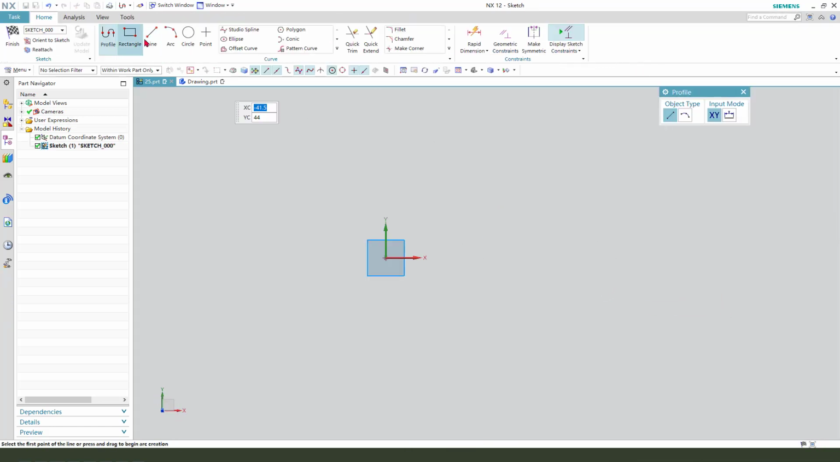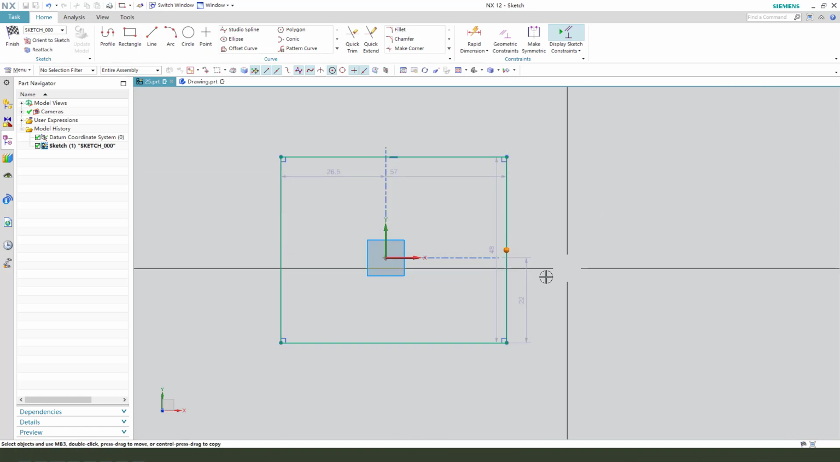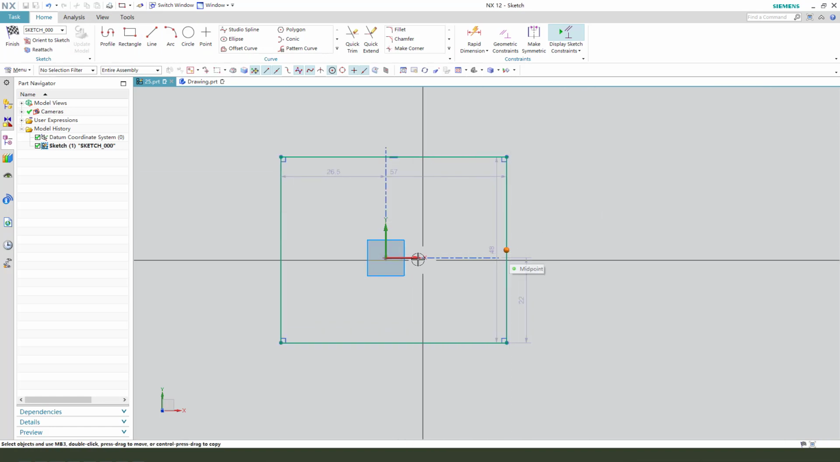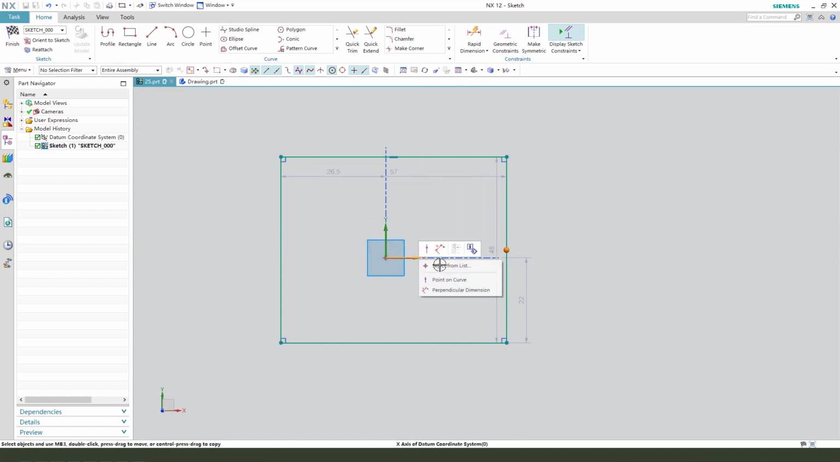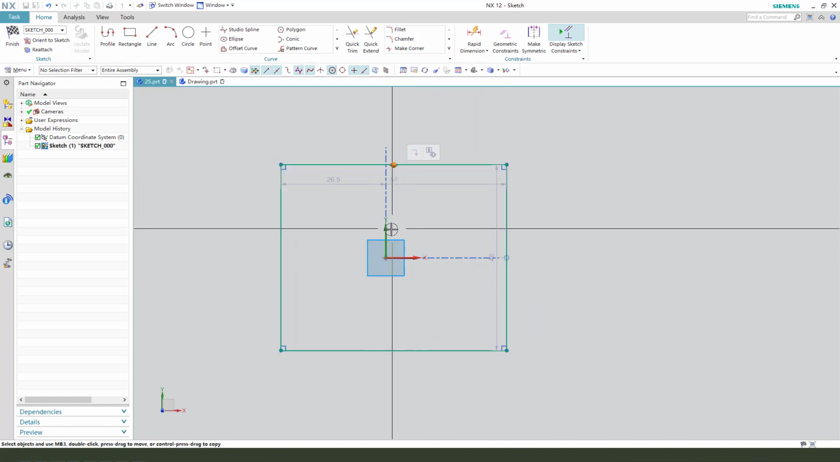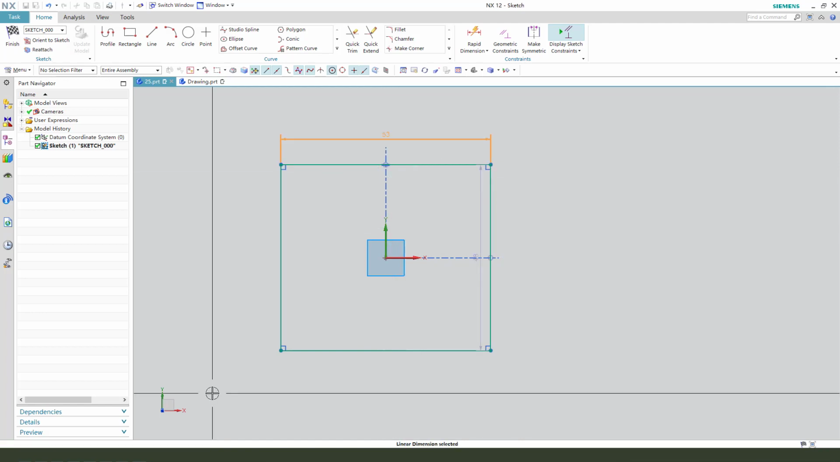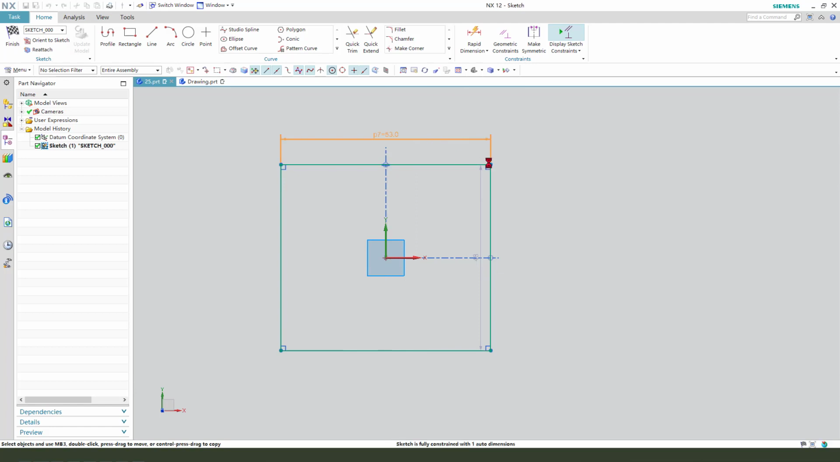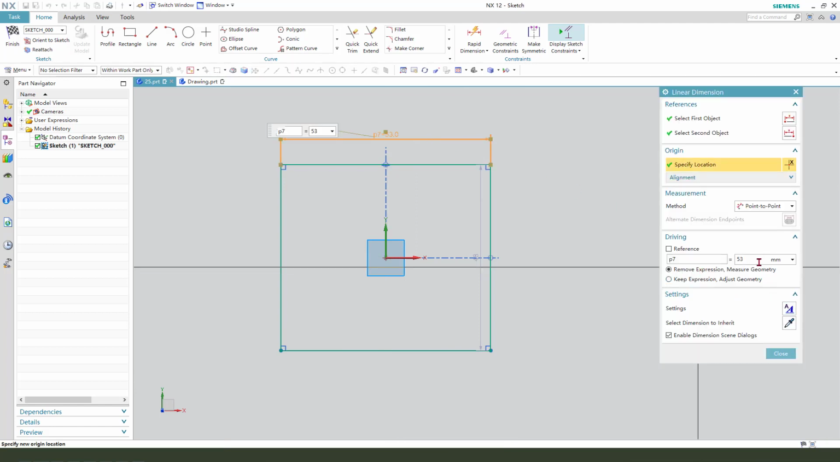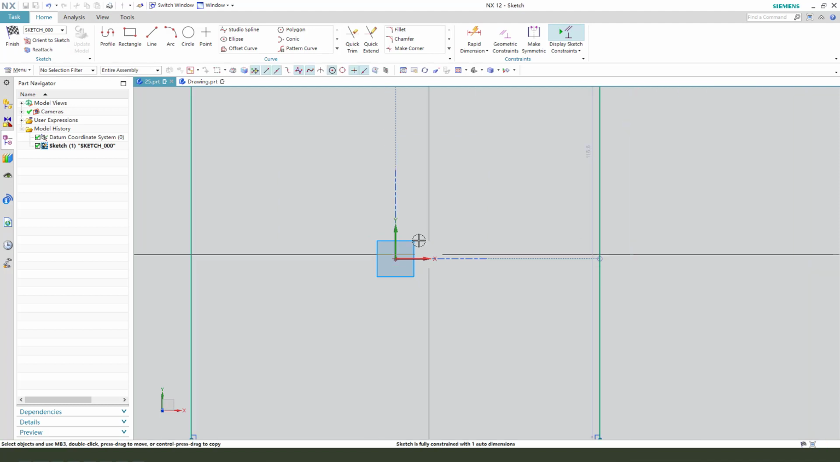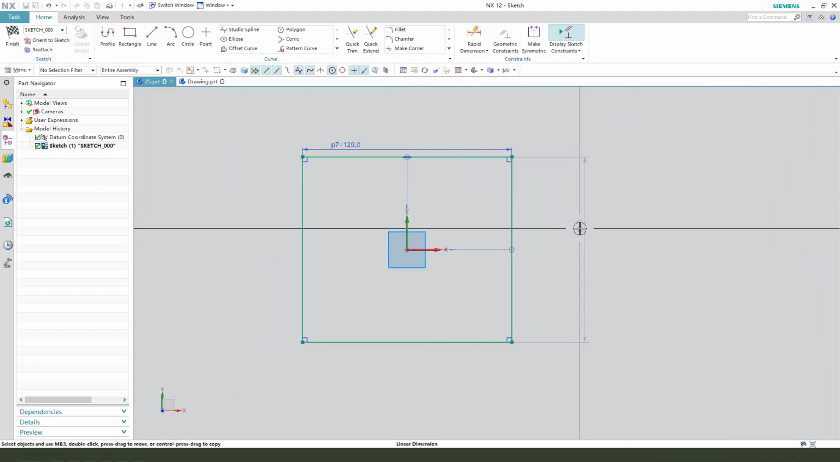We need to create a rectangle. Constrain the sketch: midpoint on X, horizontal line on Y. Make dimension 129, here